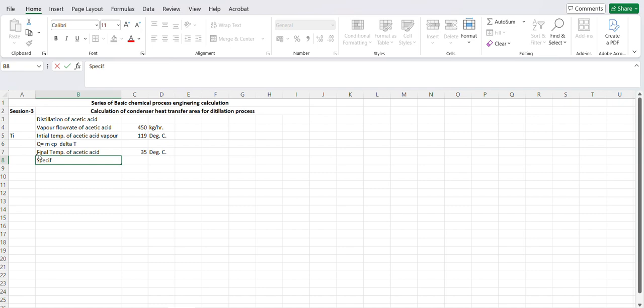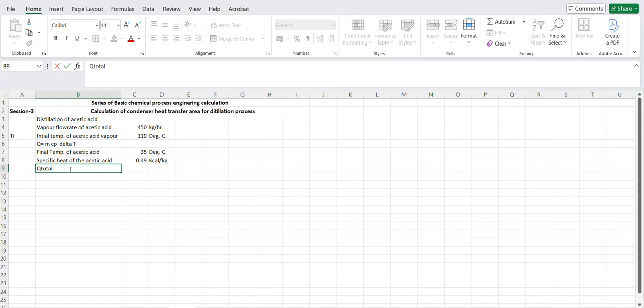Specific heat of the acetic acid: we have to collect that data from the lab or from Google. So we can put it down as kilocalorie per kg for Cp. Then we have to calculate the heat load based on this. So first we need to calculate the Q